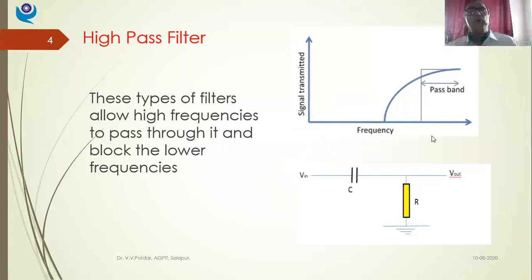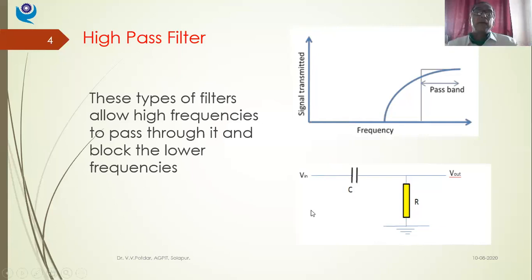Let us go to the high pass filter now. Take a piece of paper. Draw this circuit. Now this ground, you just pull this line up to here. Full line for ground. And what was there in the low pass filter? Here it was the resistance and here was the capacitance. In the high pass filter, I have just interchanged them. Capacitance I have brought here, resistance I have brought here. All the other things are the same.